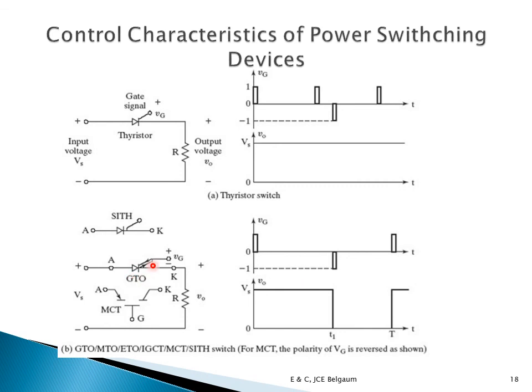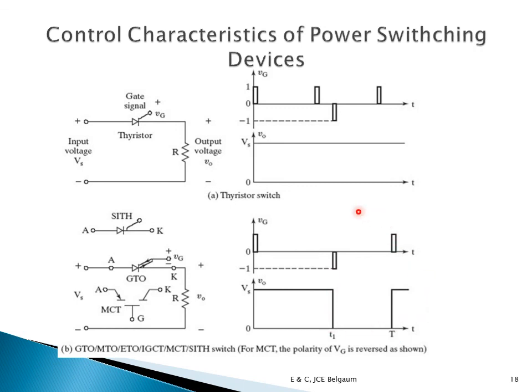So these three devices are drawn in parallel, so any one will be used. For all the three, it will have the same graph. Once I give the gate current, it is going to conduct. Conduct means the output will be same as the input. Till where? Till I give the negative current. Once I give negative current to this, it will turn off. Turn off means the switch will open and the output will no longer be connected to the input and the output will become 0. So at T1 I am giving negative, so the output becomes 0.